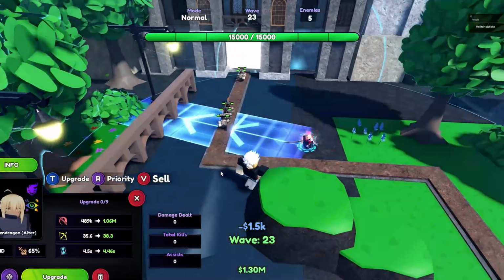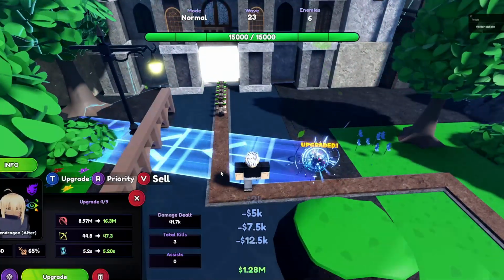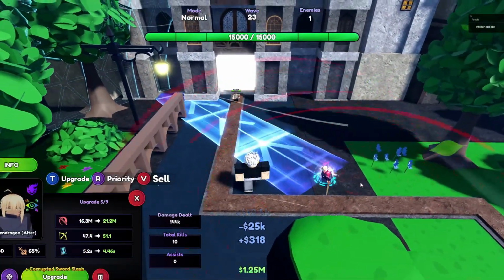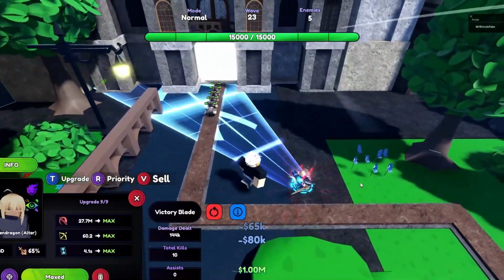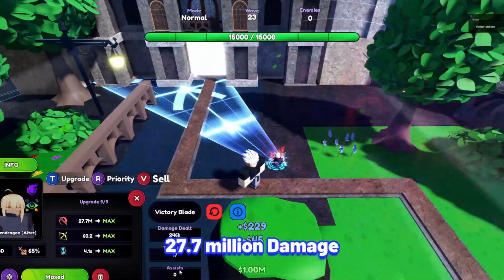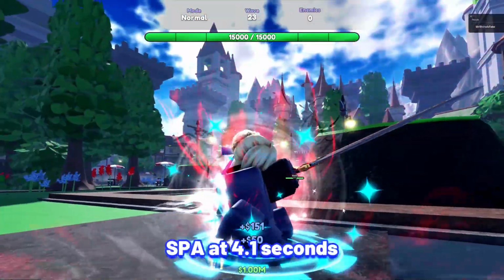Alright, next unit is King Pendragon Altar. Saber is one of the newest units that got an evolution, and she became one of the strongest dark element units, especially with her insane cone AoE nuke. King Pendragon Altar stats at max upgrade and max Valar: 27.7 million damage with her SPA at 4.1 seconds, making her damage per second